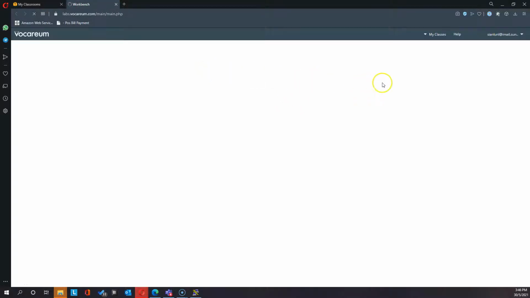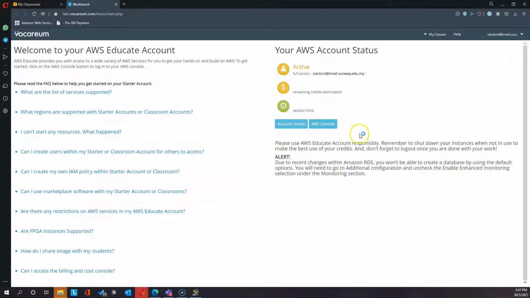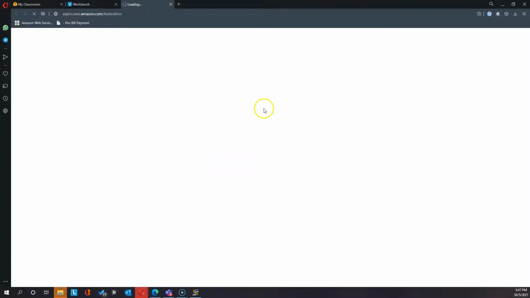So at this place, you should be able to connect to the console, which you can see here. You also will see how much credit is left, and even if you have created one or twice and you terminate your cluster immediately, it doesn't really reduce much. I've created once and terminated immediately, and you can see the credit is still 100. So click on the console, which will open up the next window,